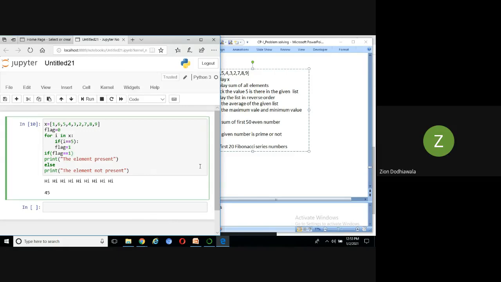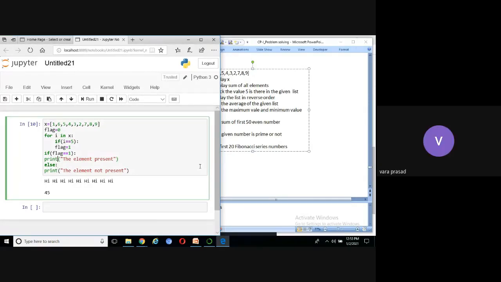Indentation. If flag equal to 1, indentation. Else also indentation. Now, will it run properly or not? No. Sure? Yes. Where is the error? In print, we have to give a tab.